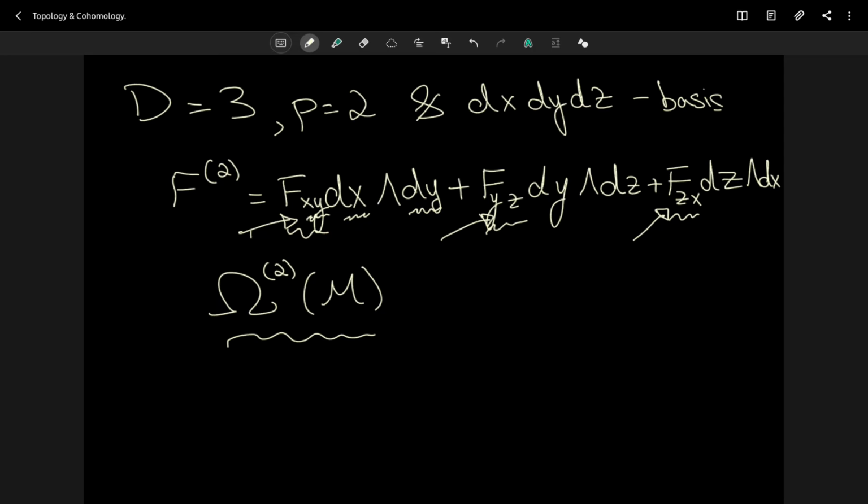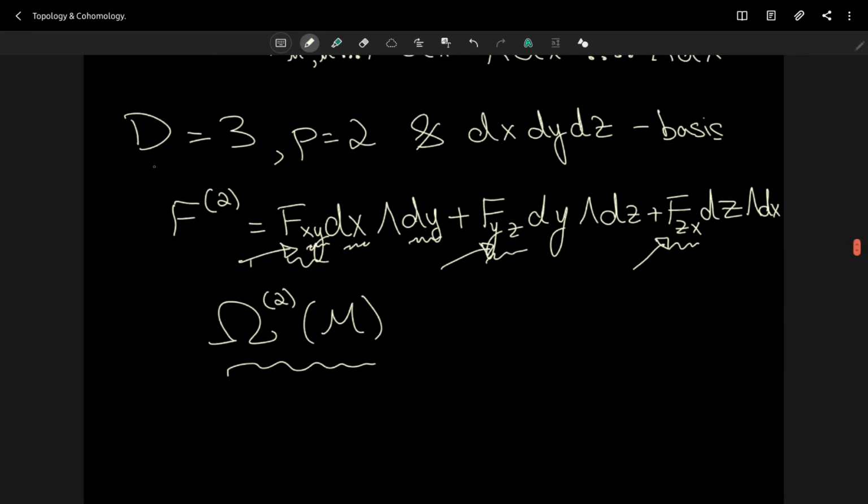Now this space of two forms is on this three-dimensional space, right? Because if you remember, this d is equal to 3. That's what we chose for this example. Now notice that these linear combinations